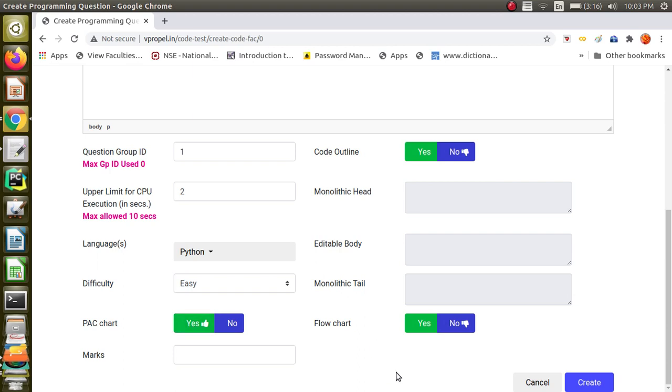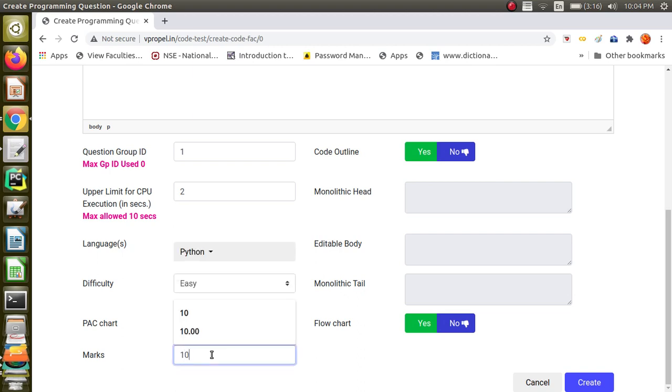This is for writing the observation. In the observation, what do we do? We ask the students to write out what the input is, what the output is, what the algorithm is, and sometimes we will ask them to draw a flow chart, and sometimes we will ask them to manually work it out. Those things can be given. There will be text boxes when you say yes, so students can write it. So generally for lab we give yes.